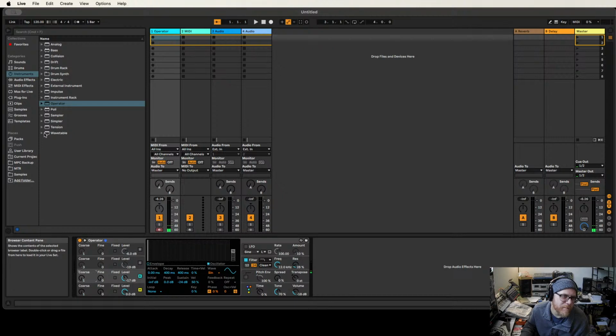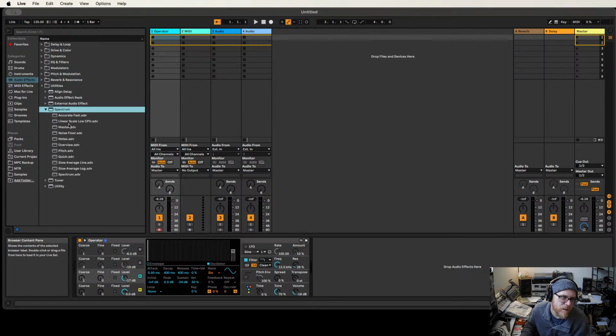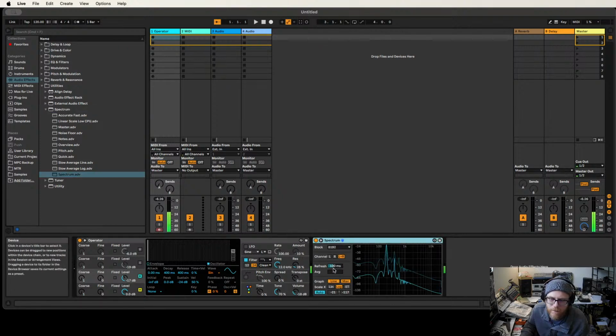Oh, that reminds me, let me put a spectrum analyzer on the end of this too, so you can just see what's going on. You can kind of see the harmonics move up as we